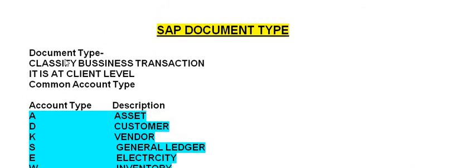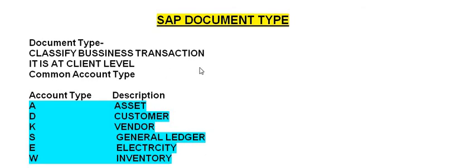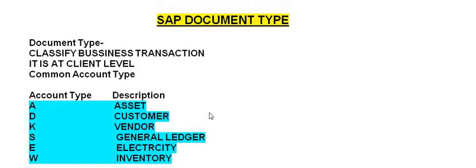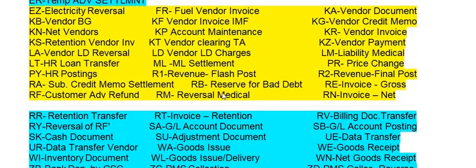These document types classify the business transaction and it is at client level. These are a few basic account types and descriptions. This is a basic SAP video. If you know these document types, then you can understand the basic details and segregation of these entries.